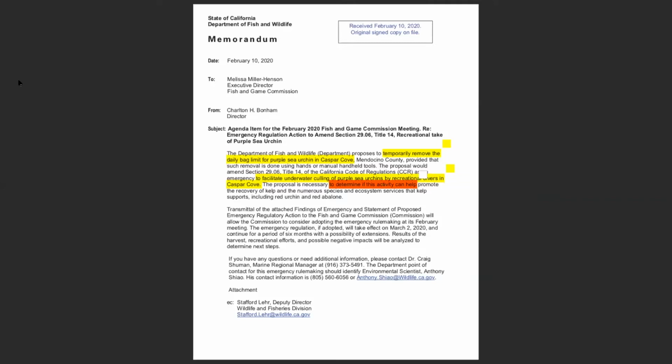So we have clubs in San Diego that are trying to protect our access to Children's Pool. We have clubs in Santa Barbara, the Santa Barbara Free Divers, who are on the lobster FMPA. I was until recently the abalone representative on the North Coast, and we all know what happened to that. So I was happy representing divers in abalone fishing, working with the department to come up with enforceable regional regulations